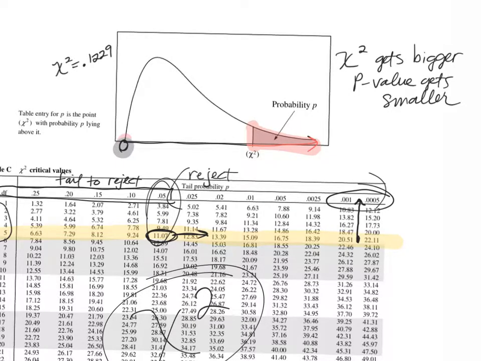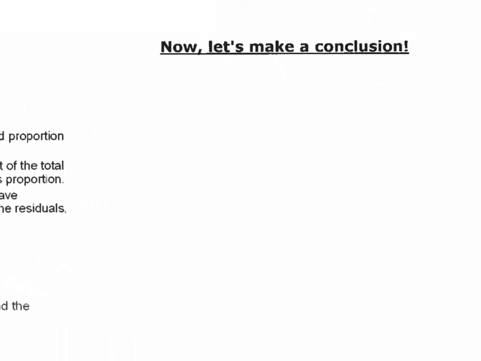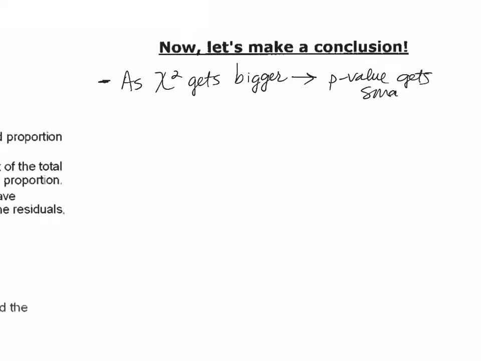So here's another observation. In fact, I actually have a summary. Let's make some conclusions. So let's write these here. As chi-squared gets bigger, this is on that page 4, your p-value is getting what? Smaller. Your p-value gets smaller. Okay, we can also say the closer your chi-squared is to 0,